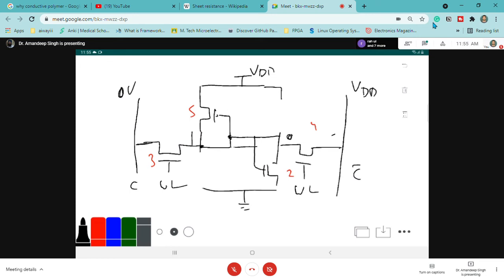Now, what will happen is that we have provided 0 here and VDD here, and previously 1 and 0 is stored. So as we turn on the WL word line, what will happen? This 1 is going to discharge through this path. It means this should go to 0. And if you look at this path, this 1 is going to come on this 0.